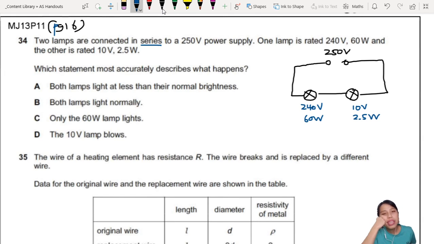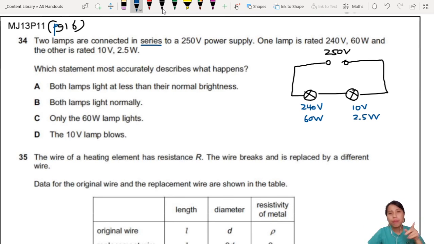Which statement most accurately describes what happened? Both lamps at normal brightness, light normally. Only one lamp will light, the other lamp will explode. Huh? How to know? Okay, this one can be kind of hard if you're not sure how to think about